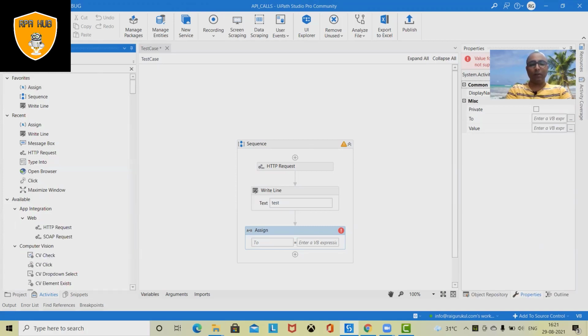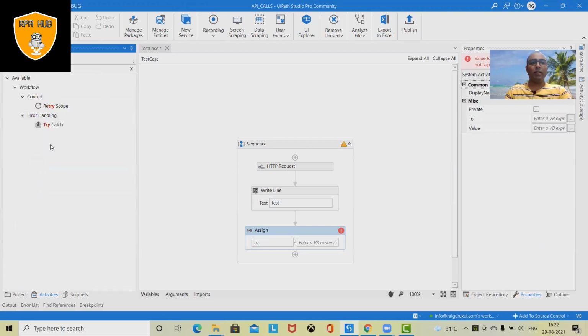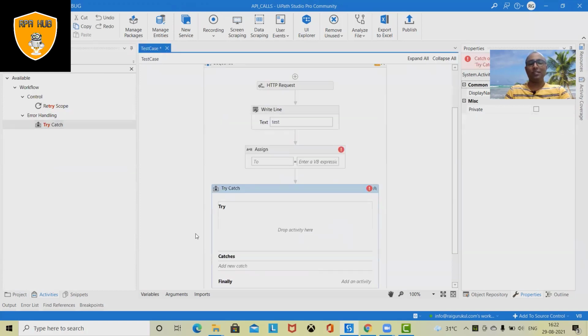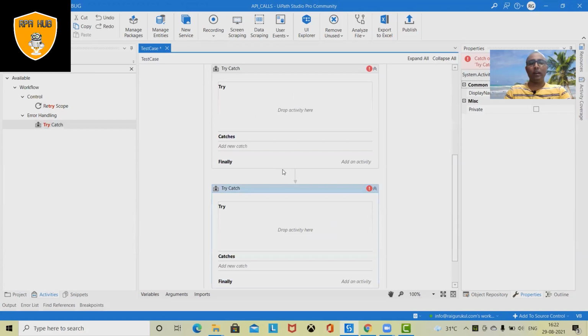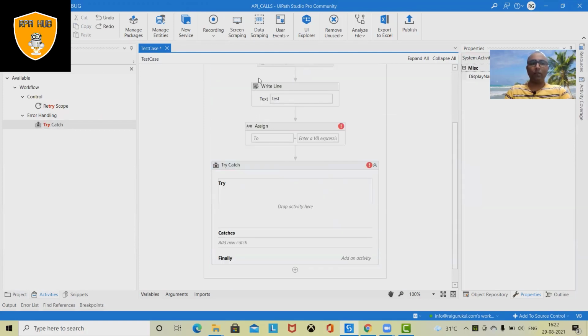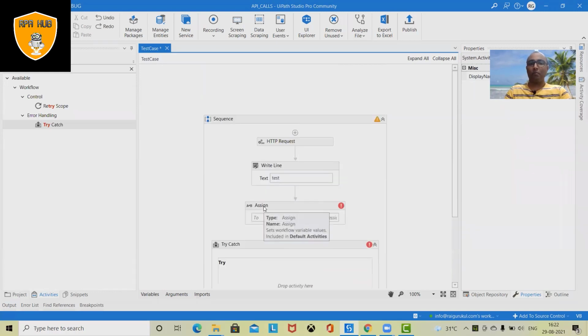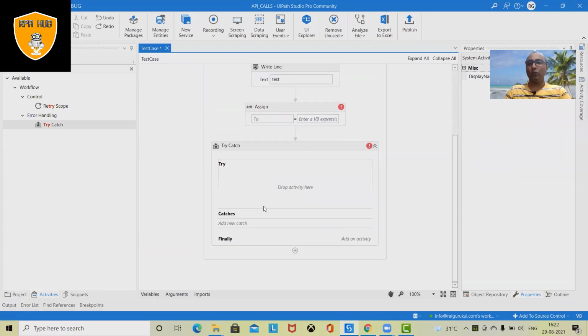Let's say if you want to use the try and catch block, simply write try and you can just simply drag and drop this activity here. You can even double click on that. This activity will be directly added inside your coding panel. This is a coding panel where you can add your arguments, variables, inputs, and different activities you can drag and drop and make your code useful for creating use cases as well as creating any specific projects.